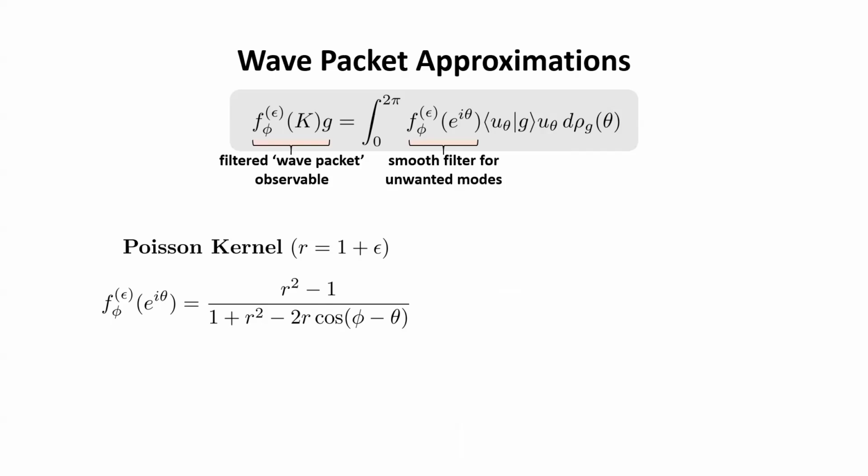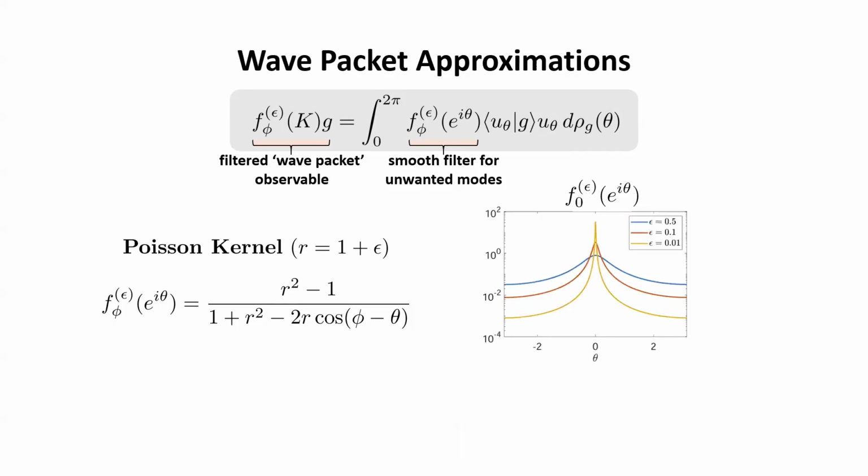And on the left-hand side, I'm going to have an operator that I actually want to compute from data. I'm going to try to compute those observables, filter out those unwanted modes, by computing this filtered operator from data. Okay, so the scalar filter, just to illustrate the idea, you can think about the Poisson kernel on the